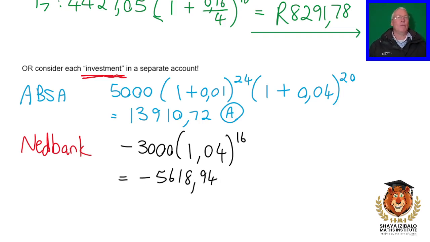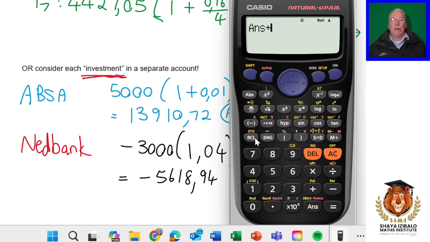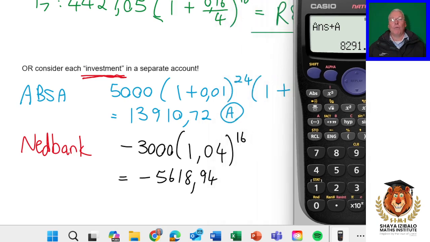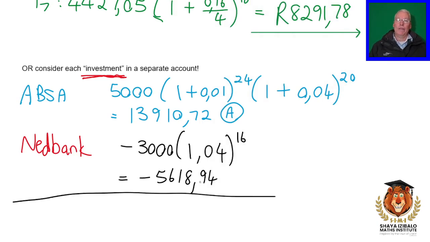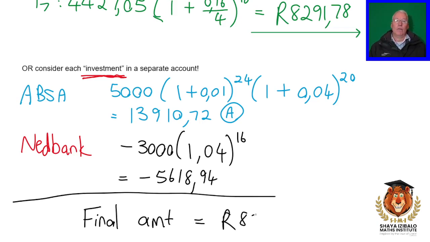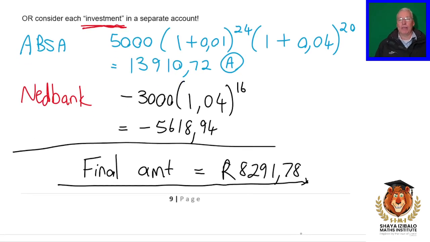Right, now, if we take that number and we add it to the amount in A, in other words, the ABSA amount, so we're going to go plus recall A. Right, we get exactly the same answer as before, 8291 and 78. So the total, if we add this and this, final amount is 8291 and 78. Now we will see next time or soon why the second method is actually so much better,